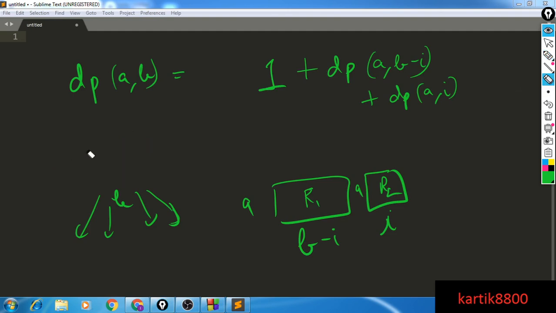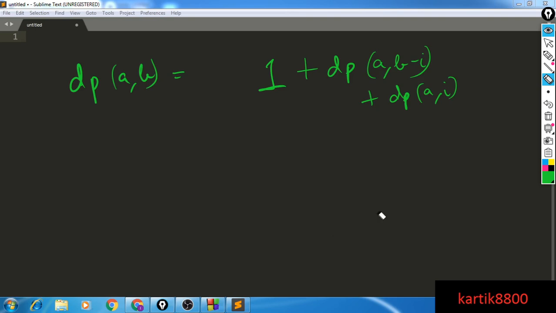If I make a vertical cut, among all these i's I will be choosing the minimum. Similarly, for a horizontal cut, first of all I'm doing one cutting operation since I'm making a cut, and breadth remains b, whereas length turns from a to a minus i and i.